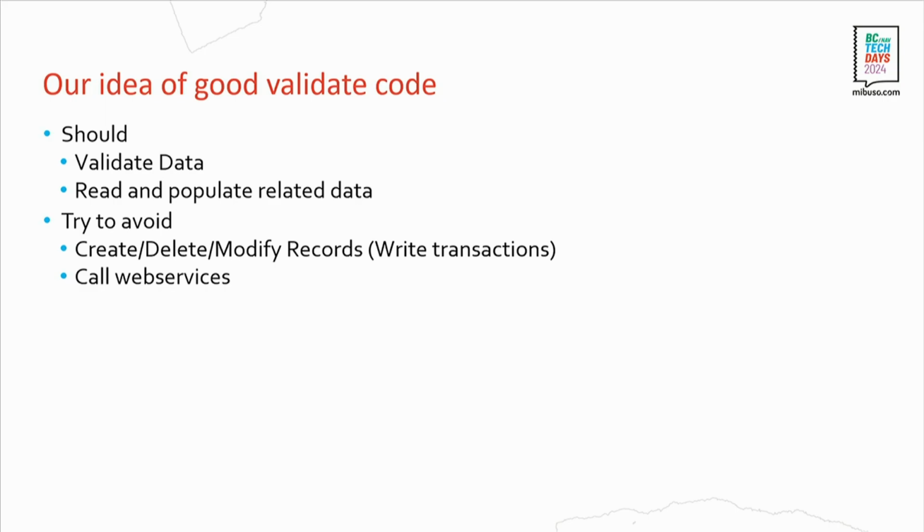So this is what we're talking about for the rest of the presentation. So we're talking about proper validate code, or as we call it, maintain code. There's always this legacy code with a lot of stuff inside of these validate triggers, and there might be exceptions for this where you can't just validate those fields, right? So we're talking about maintain code. Yes, that's important.